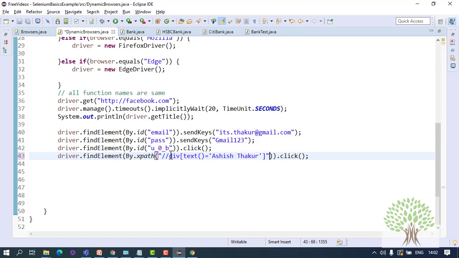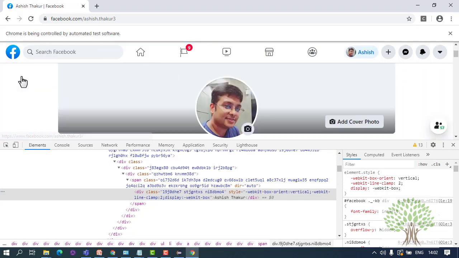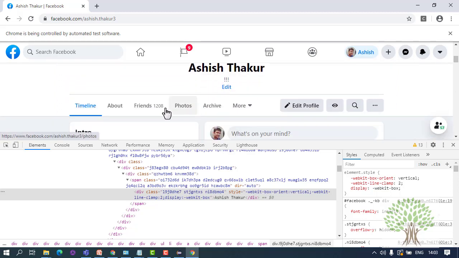I can make this XPath, customized XPath. Okay, so we have seen customized XPaths in the past. Fine. Now once you click on it, what you will get is that you will be able to go to the new page wherein you need to click on the friends link. This is the link friends.